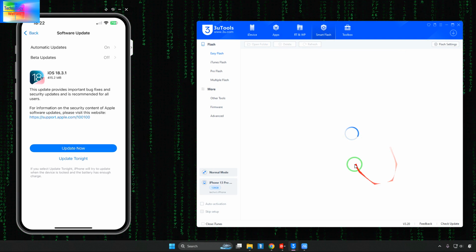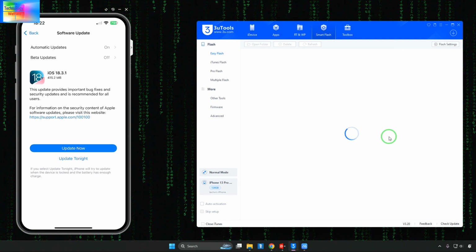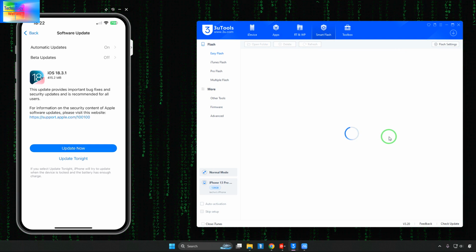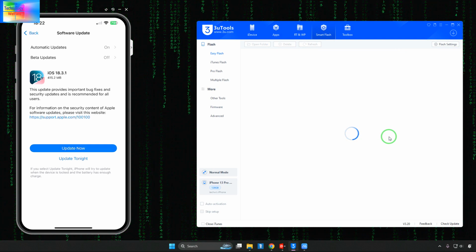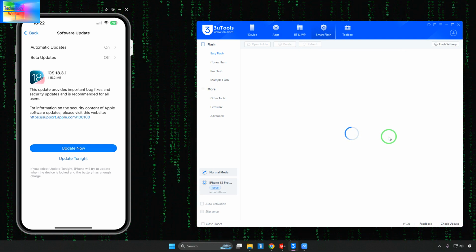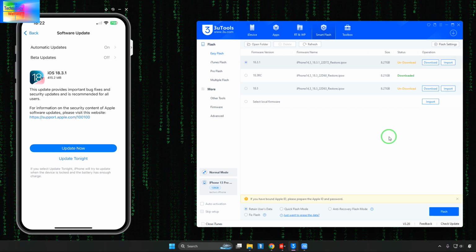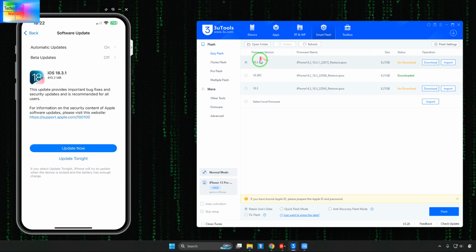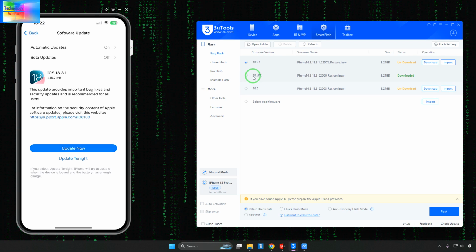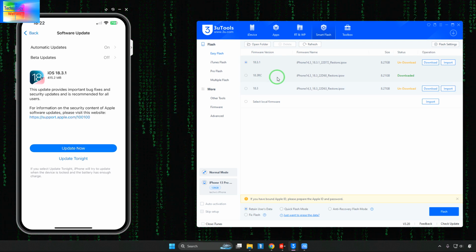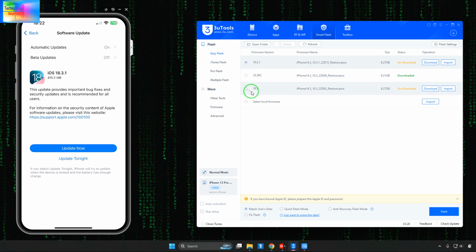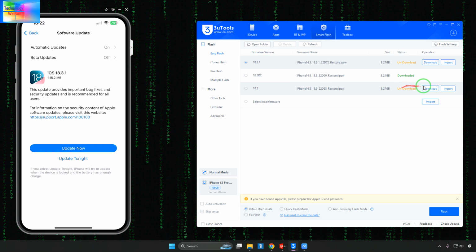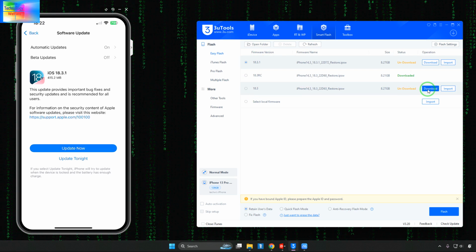So it's trying to configure that by loading the database configurations. It will recommend which iOS versions you can downgrade to, compared with this iOS 18.3.1. So this is 18.3.1, now 18.3 RC 1 we have reduced, now 18.3.2. If I select here and go for download directly, then after downloading